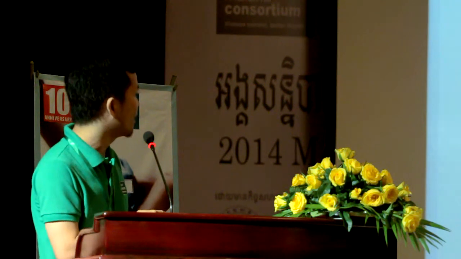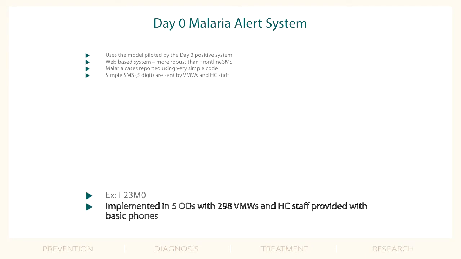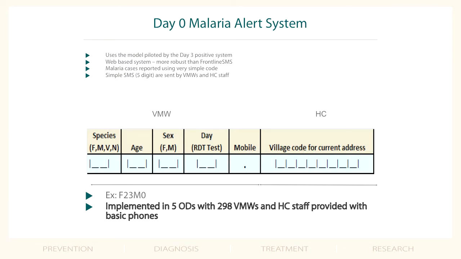This is MIS, but now I want to show you about the DESRO system. The DESRO system is the system that reports malaria cases in real time by SMS. This idea we took from the Day3 system, which we designed in Frontline software, but that